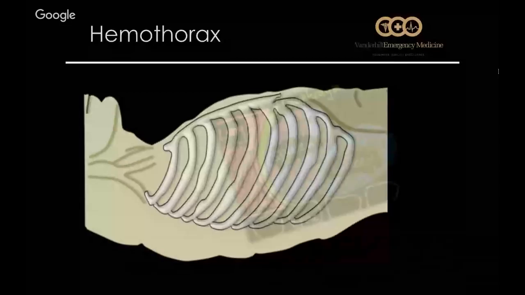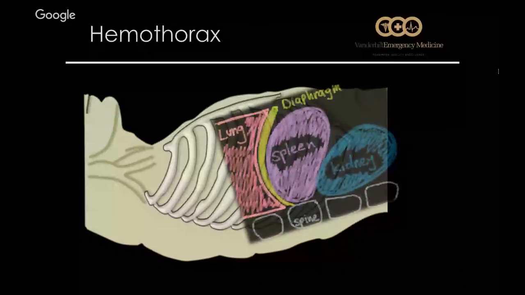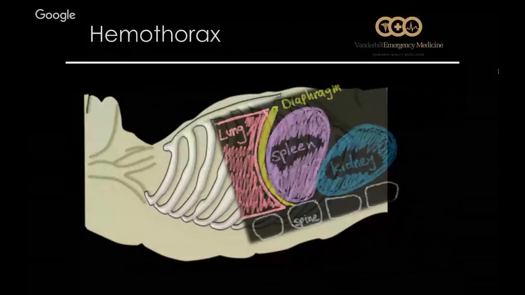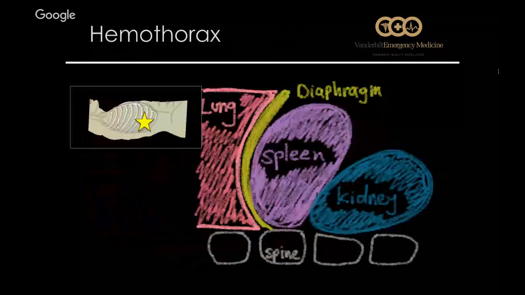So again, in this case, this is our left upper quadrant view. So I'm already looking on the dome of the spleen at the diaphragm. I'm going to make sure I'm aimed posterior so I can see the lumbar spine and the diaphragm. Next slide. So typically,